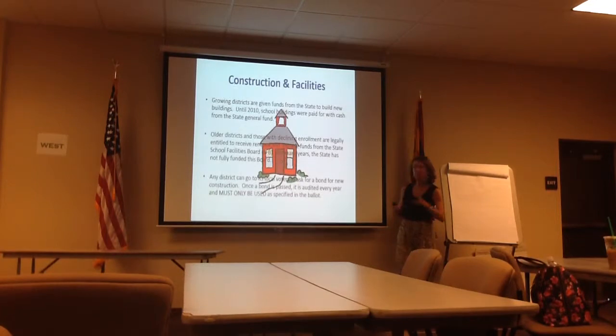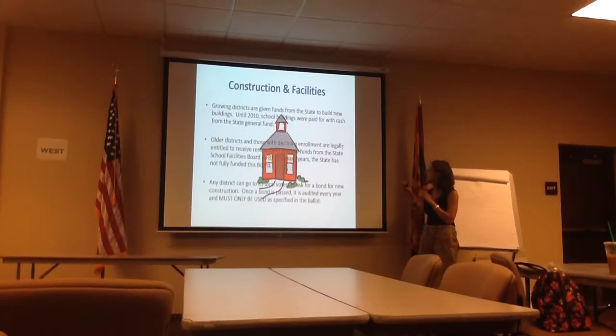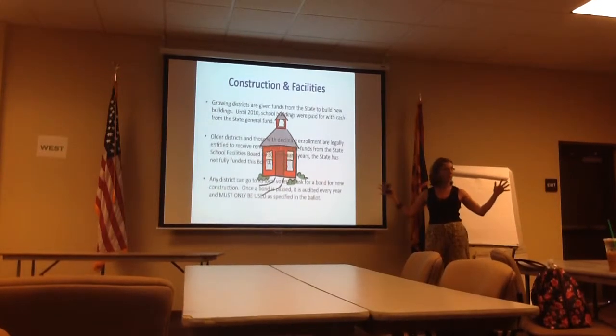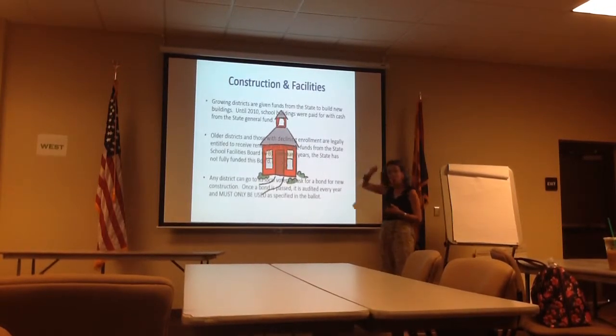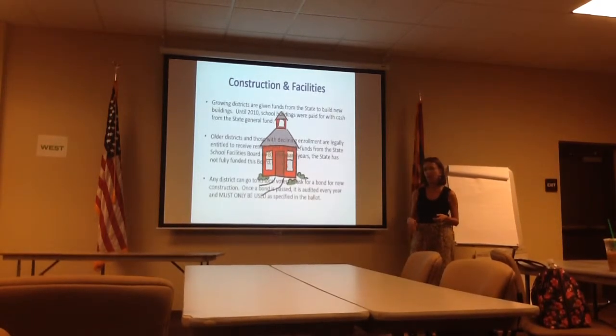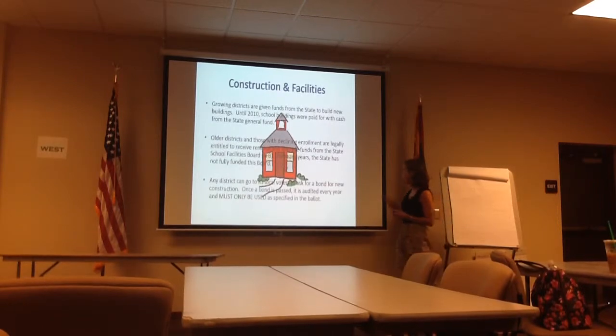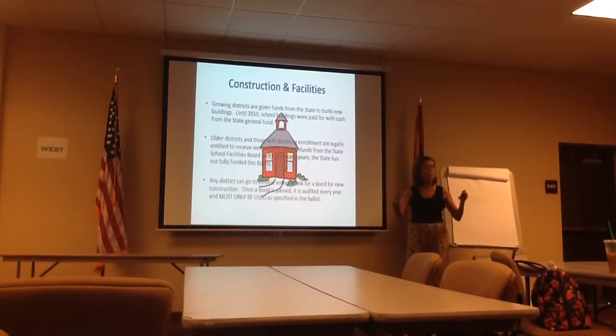Okay, so we have the base level funding, we have all these weights, we sometimes get some money for capital, and then there's this whole separate thing about buildings and facilities. If you're a growing district, if you're a new district, the state gives you money for your buildings because you're new and you're just starting. Older districts like ours are supposed to get money for maintenance, right? We have an old building, we're supposed to get money to make sure the air conditioning is running and the lights stay on. The problem is that the legislature has to appropriate money every year during budgeting for the school